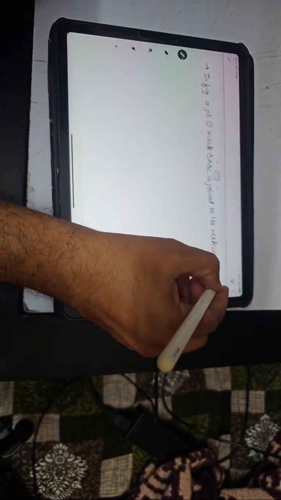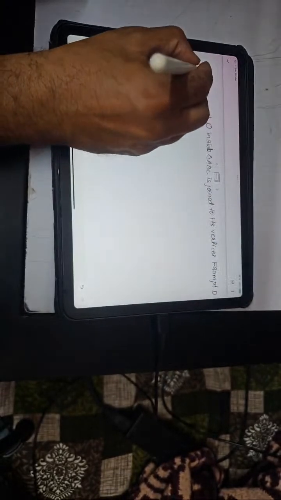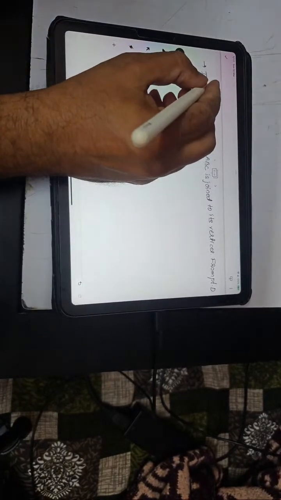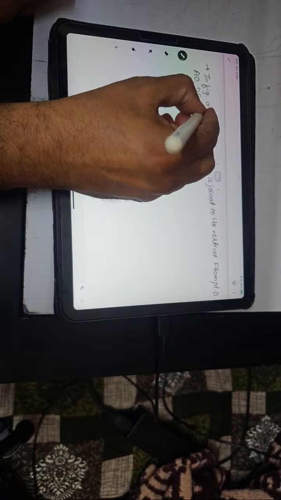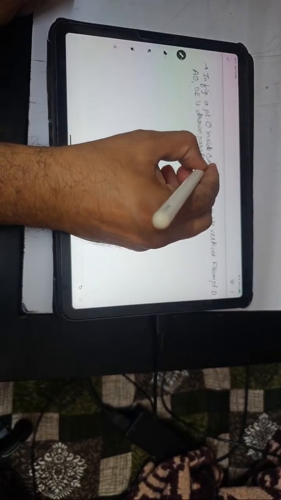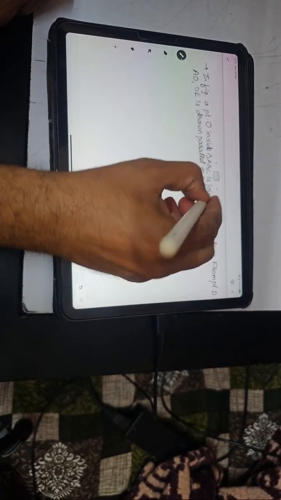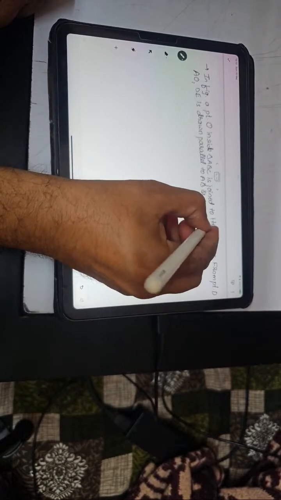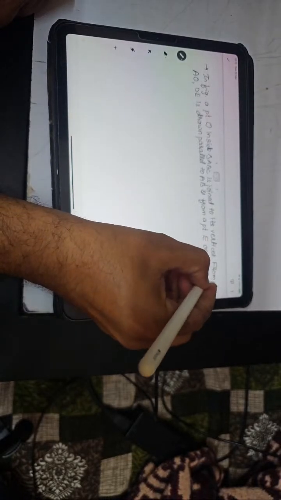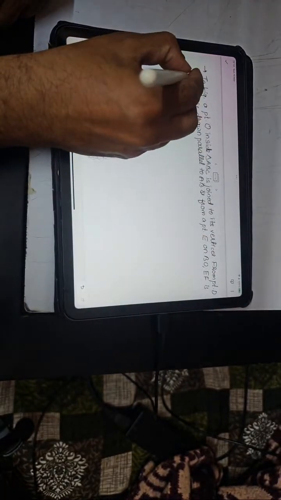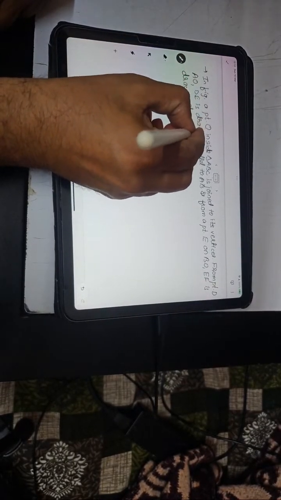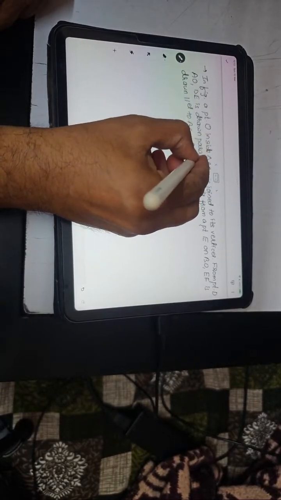From point D on AO, DE is drawn parallel to AB, and from a point E on BO, EF is drawn parallel to BC. So you have to prove that